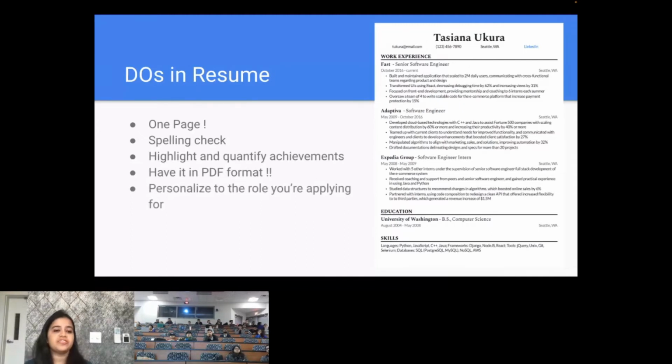The last point is actually difficult. It has been difficult for me to follow as well, but it really works when you apply to different types of roles. When I was applying for software engineering roles and also for machine learning roles, a software engineering role won't really care if you have built an NLP model. They will probably care more if you have done some front end work or some API handling and stuff like that. But on the other hand, when you're applying for a machine learning role, you really need to include all the NLP work, all the data science work that you have done.